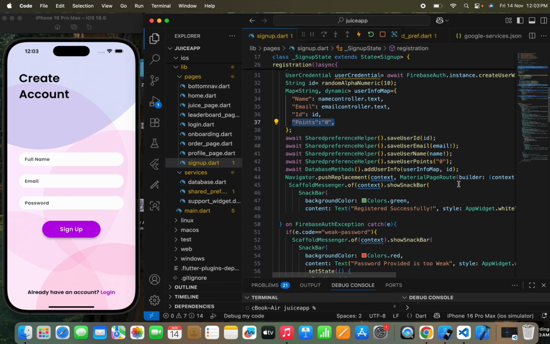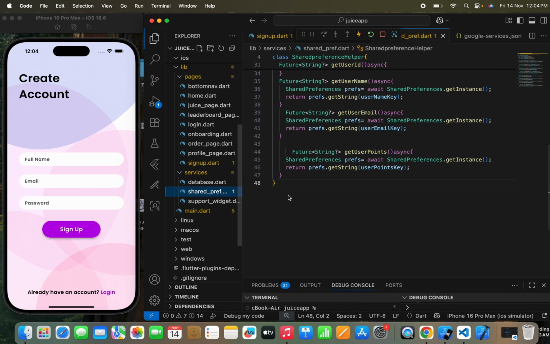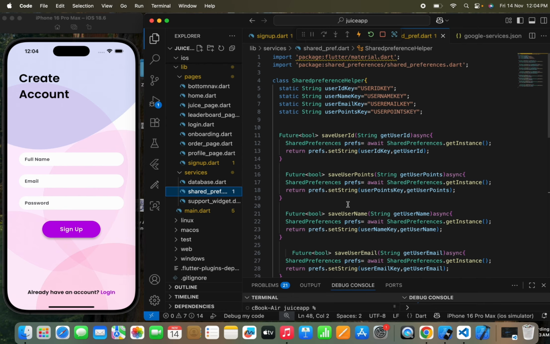So these are all the common things that we have done, and you can see that I have written one function in a page named shared preference dot. Okay, so in the shared preference dot file you can see that I've written a class named SharedPreferenceHelper, where you can see that these are all the